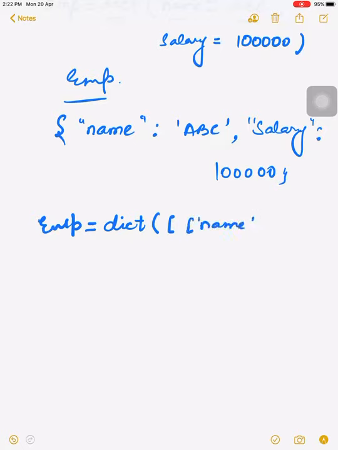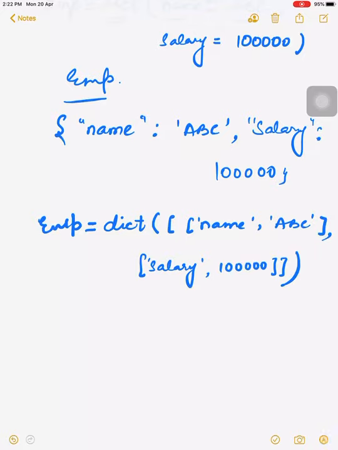EMP is the name of the simple dictionary. We write here dict. Here we have written the list, even a list inside the list. We write name comma ABC.